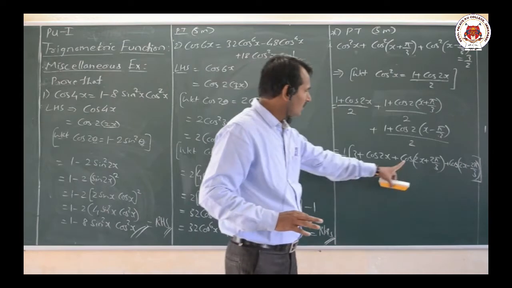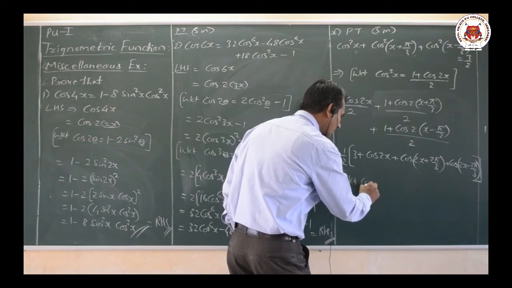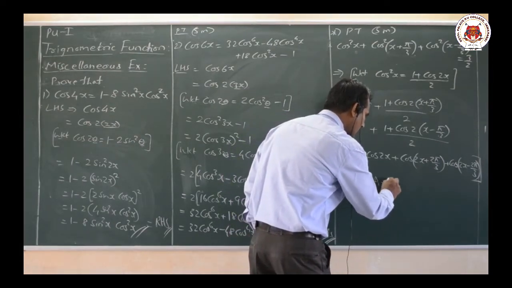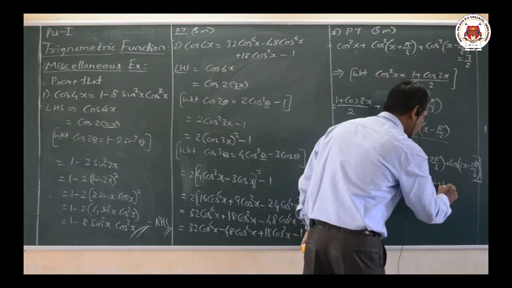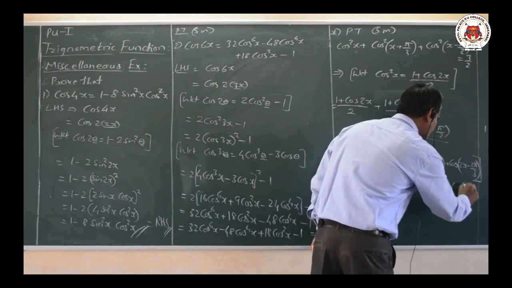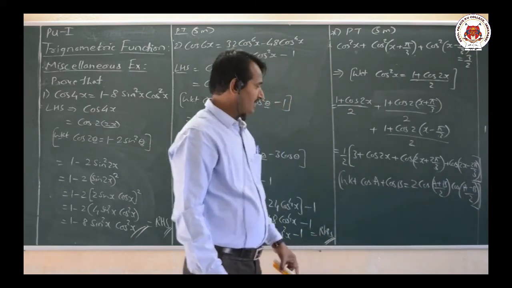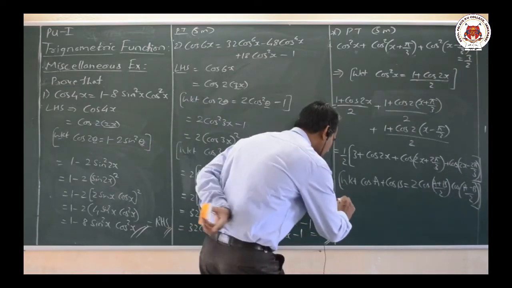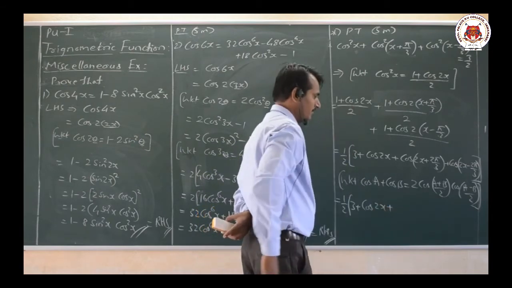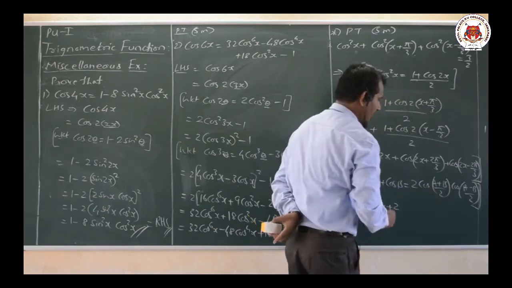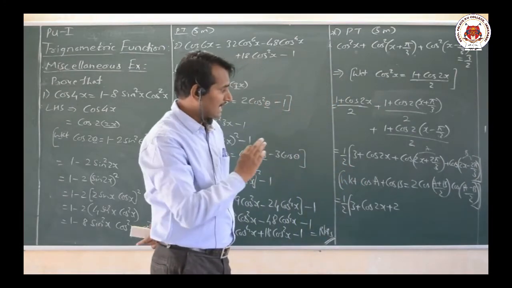The next part is cos C plus cos D. What is the formula for cos C plus cos D? We know that cos A plus cos B is equal to 2 cos of (A plus B) by 2 into cos of (A minus B) divided by 2. This particular formula I will make use of here. That means everything will be as it is, 1 by 2 into 3 plus cos 2x plus, here 2 I will write, cos of (A plus B) by 2, where this whole part is A and this whole part is B.